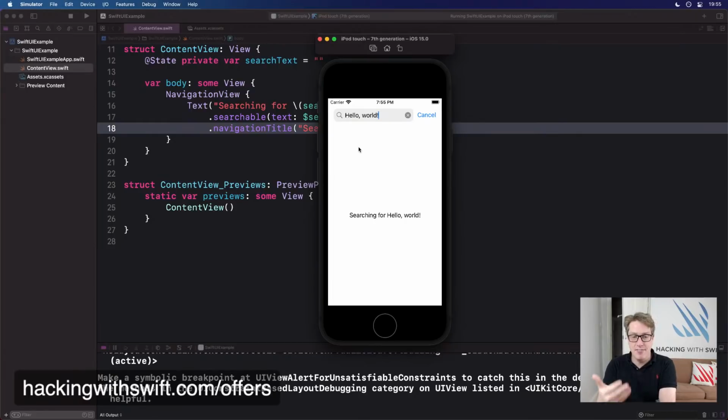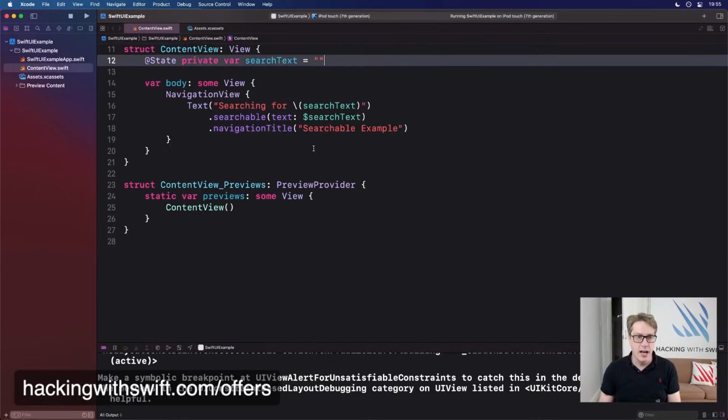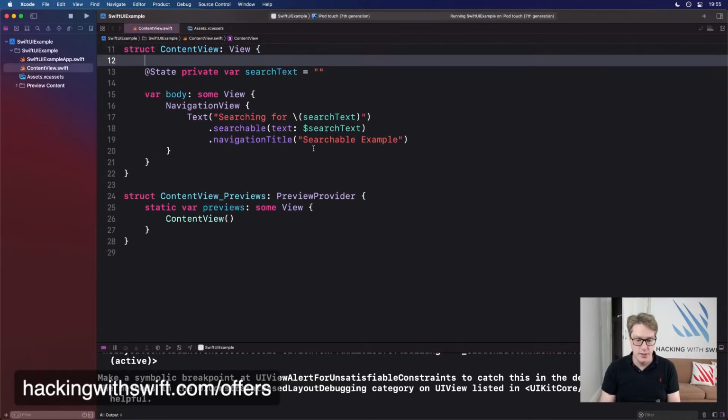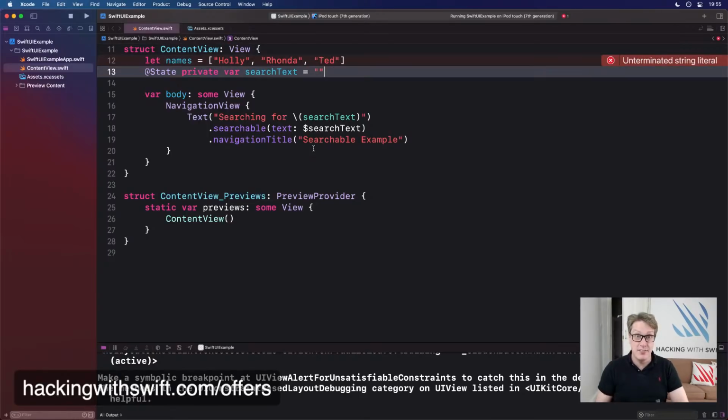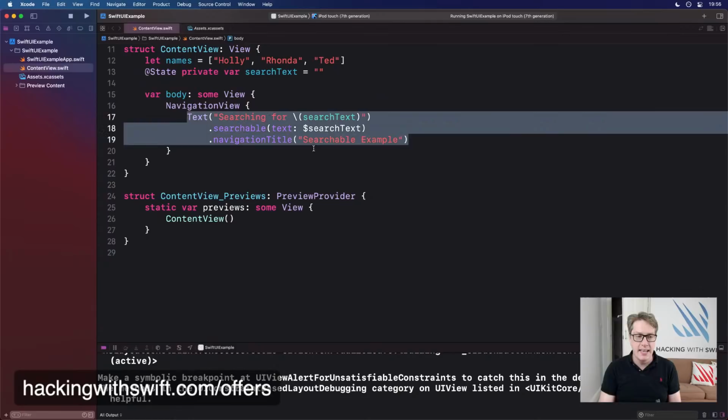If you want to have a list of stuff happening here, for example, you might say, I want to have a list of names. Let's do let names be an array of who spoke today. Holly spoke today. And Rhonda, she was great doing Xcode in the cloud. Xcode Cloud, what they call it these days. And Ted was there, of course. Ted was good too. He didn't get to teleport, mind you, which is a real shame. So we have a list of names to work through, and we can now say, I want to show those names in a list somehow.